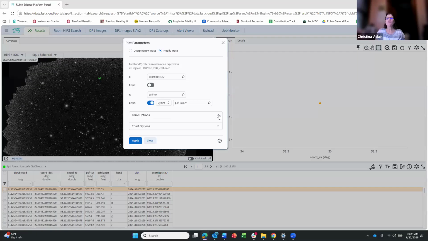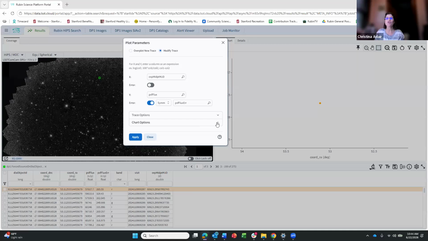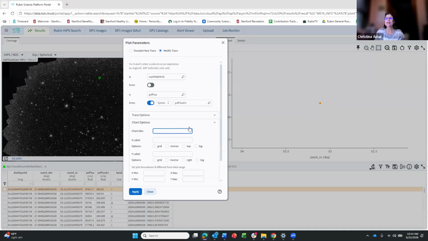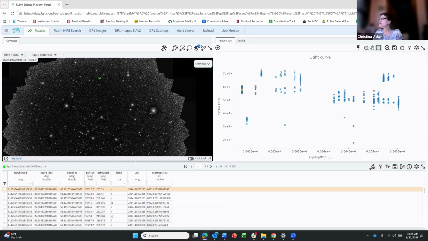You can also change your trace options, but I think we're going to leave that the way it is. And then your chart options, you can add a table. You can also add grids, change it to logarithmic. You can also put scaling, a min and a max here. So I'm going to put a title, and I'm going to hit apply. All right, so this is pretty cool,